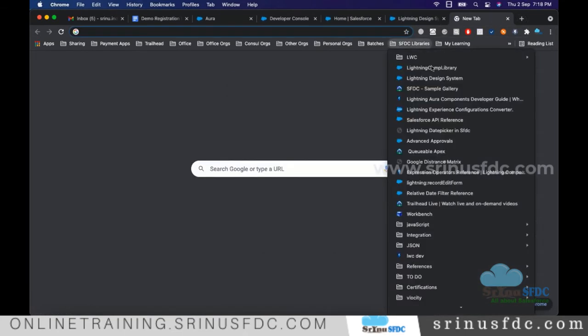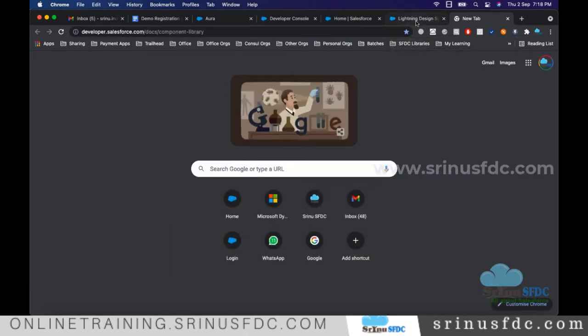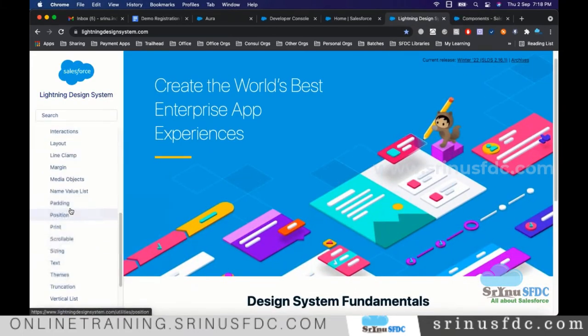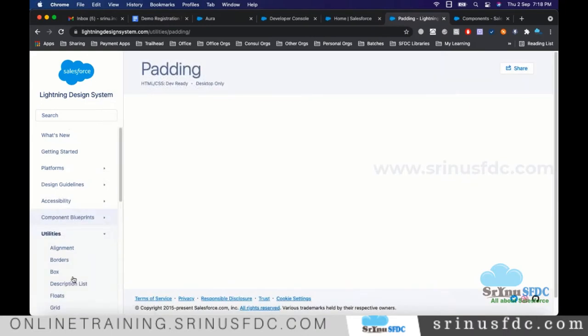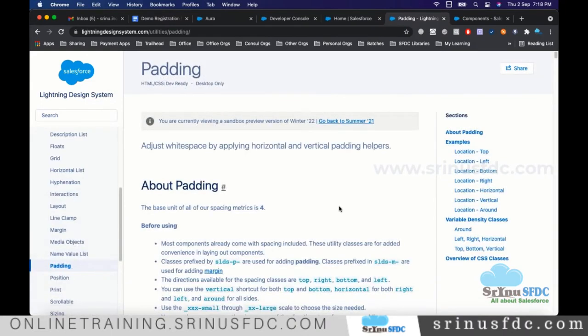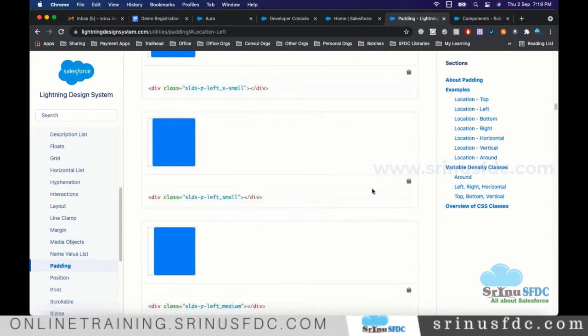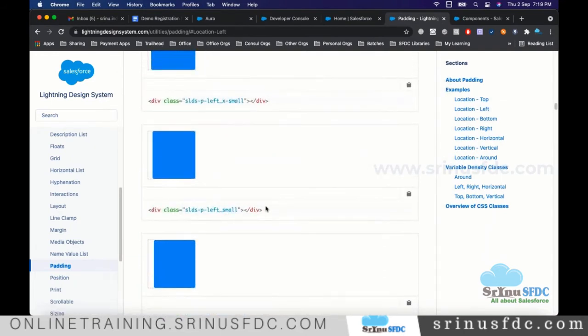Maybe in one of the windows, keep the component library also. So here in the Lightning Design System, go to padding. I want to give maybe horizontal padding, from left to side. So let's say we go with the left side, this one. I'm copying this,